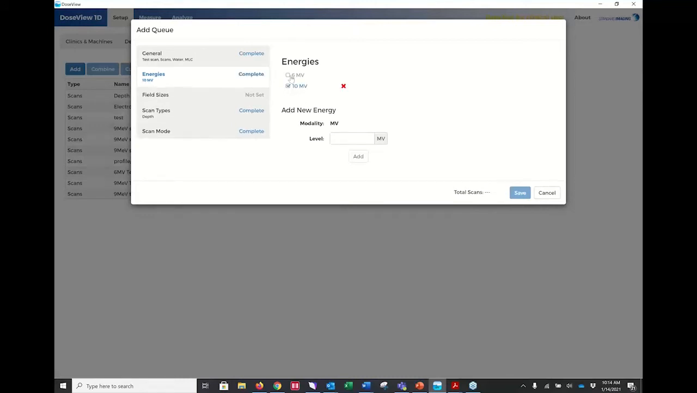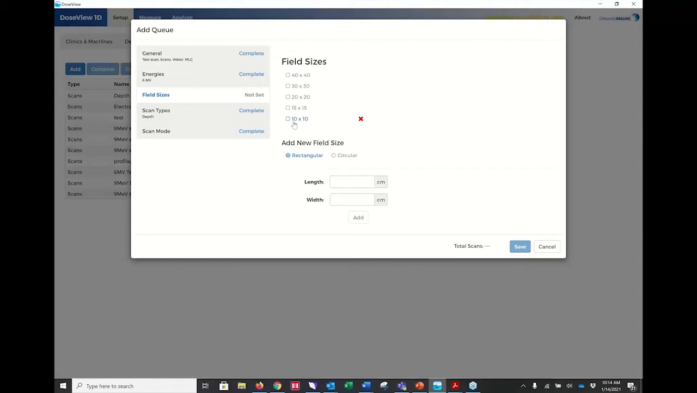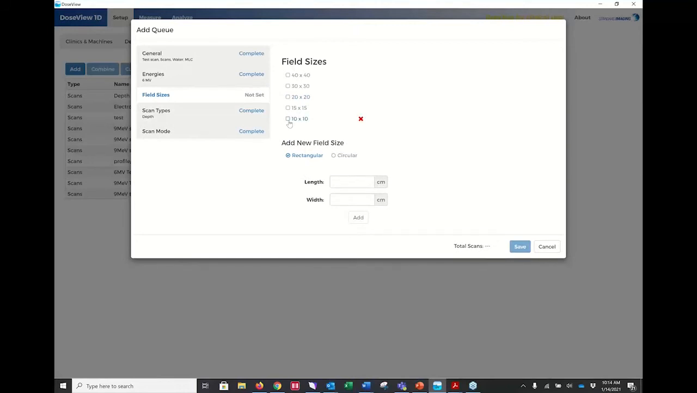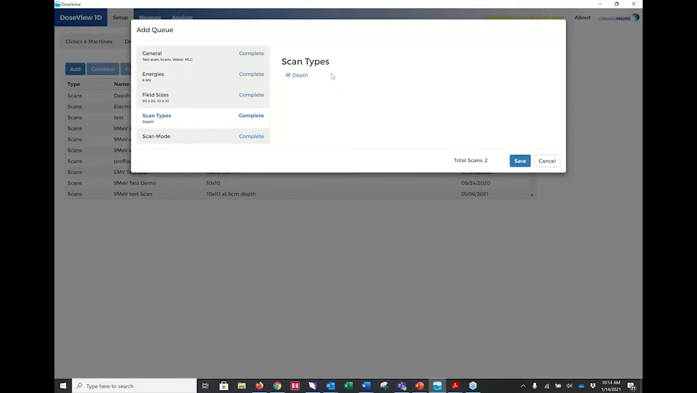So I'll choose my, let's do some scans, I'll set one up just for an easy 6 MV scan set. Field sizes, same thing. You've got some that are preset. You can easily add if you want, and then that'll populate up as well. If I don't want to do those, I can take that away also. Say for this one, I want to do 10 by 10 and maybe 20 by 20. And then my scan types, and for this one, obviously, I just want to do depth, and since I am in the 1D side of the software, that's automatically